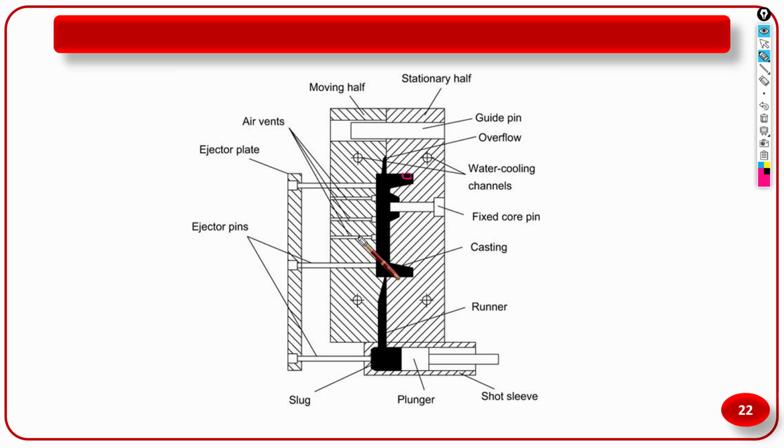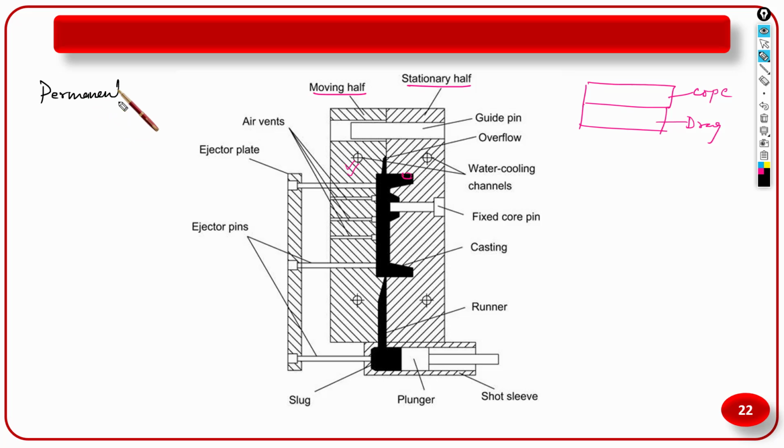You can see there are two halves. Obviously we know that in the mold there are two dies, one upper die and one lower die. We have already seen in sand casting, one is the cope and one is the drag. This is drag, this is cope. Similarly, here you will find two halves: one is a moving half and one is a stationary half. Because it is a permanent mold,